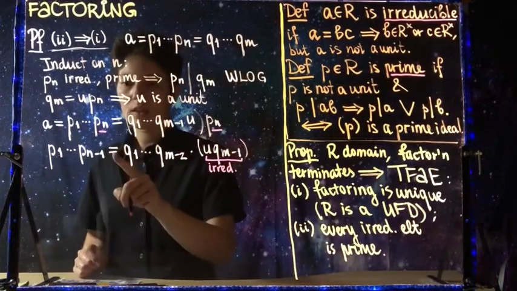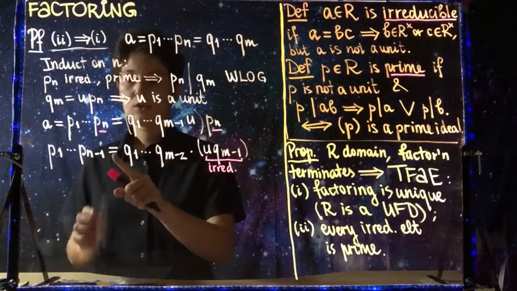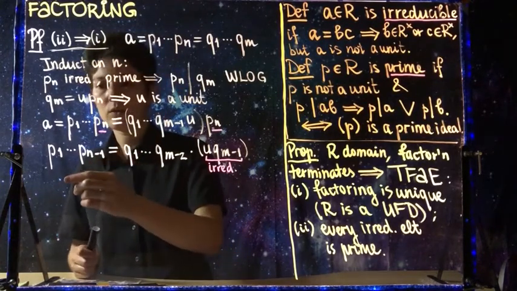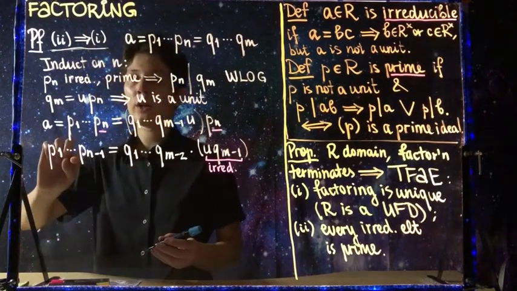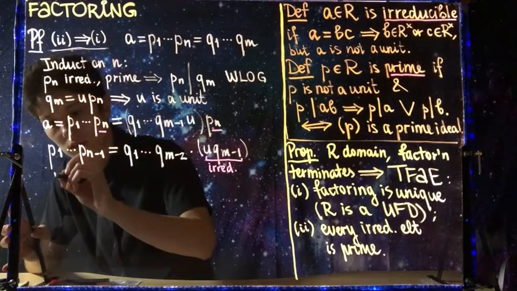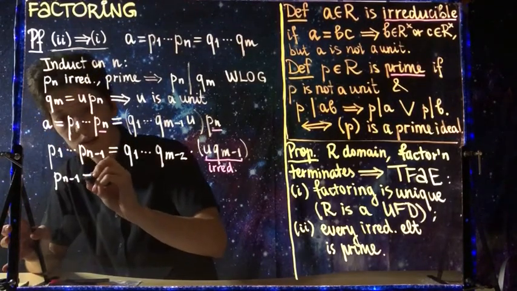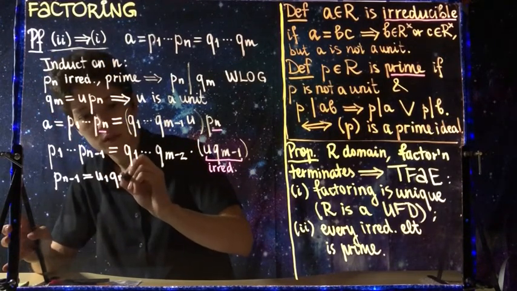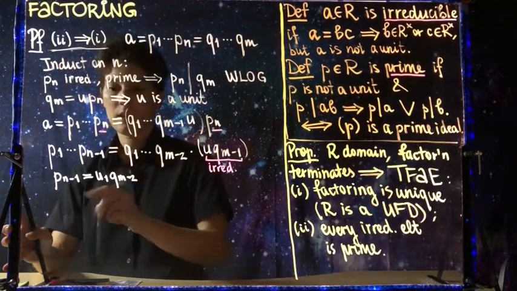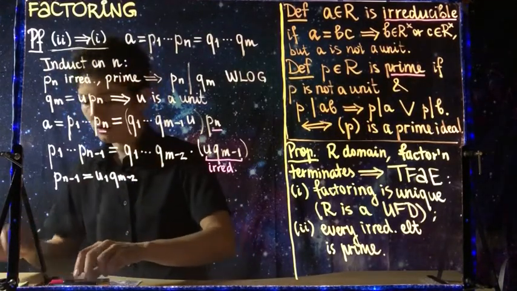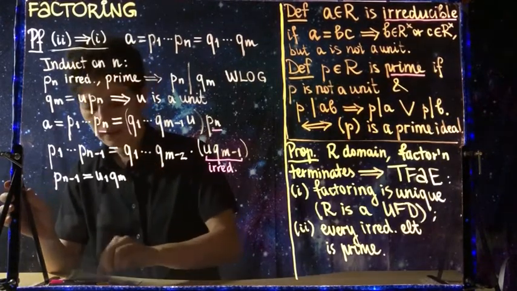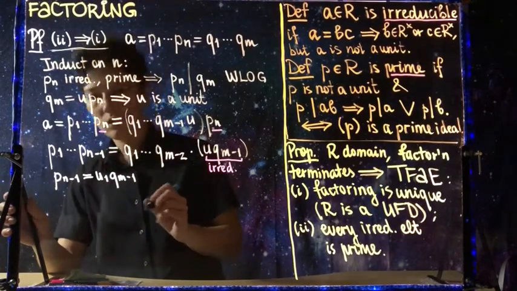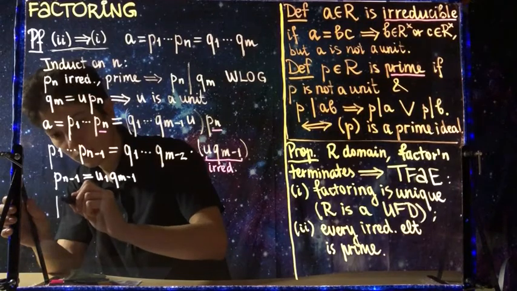And so we get equality of two smaller factorizations, and we work our way down all the way to P1. So in a similar way we prove that Pn minus 1 is equal to U1 times Qm minus 2, and we factor it, Qm minus 1. In a similar fashion we factor it out, and in the end we are left with something like